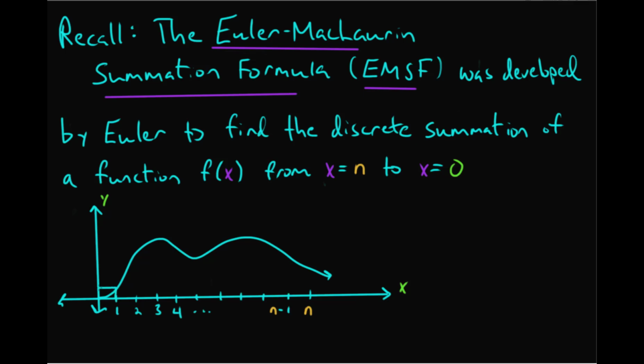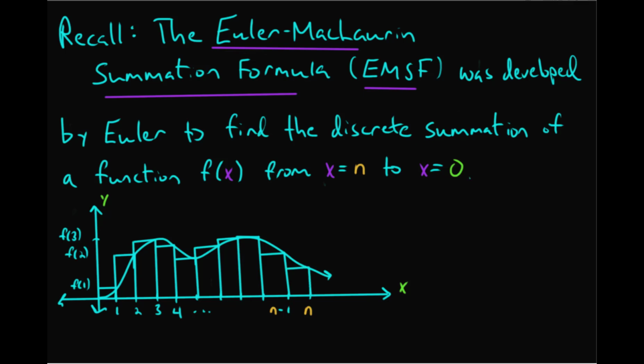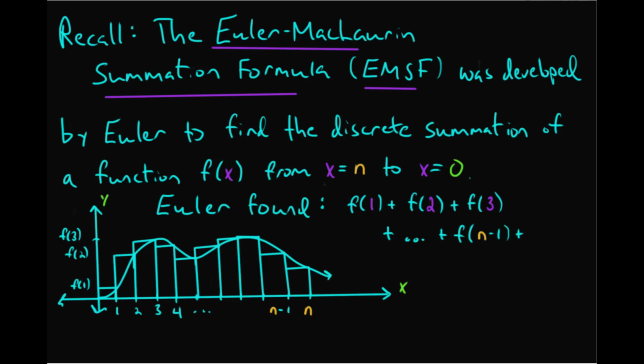Graphically, what that would mean is that if we wanted to find the discrete summation of a function f of x, we graph that function and then divide the x values up into intervals of 1, and then we form rectangles, each rectangle having a base of 1 and a height equal to f of x. So our first rectangle would have a height f of 1, the next rectangle would have a height f of 2, and we sum up the areas of all those rectangles. That area would equal the discrete summation of the values of f of x at x equals 1, x equals 2, x equals 3, all the way up to x equals n. So we can write that summation more concisely as the sum of f of k from k